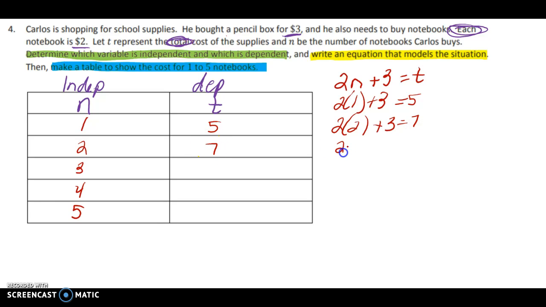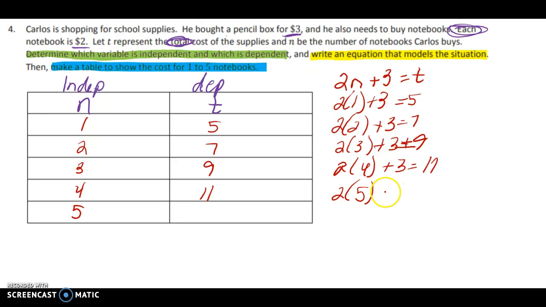Well, what if we bought 3 notebooks? Well, 2 times 3 is 6, plus 3 equals 9. Getting kind of sloppy here. 4 notebooks cost me $8, plus the pencil box is 11. And then finally, if we bought 5 notebooks, well, that's $10 worth of notebooks,